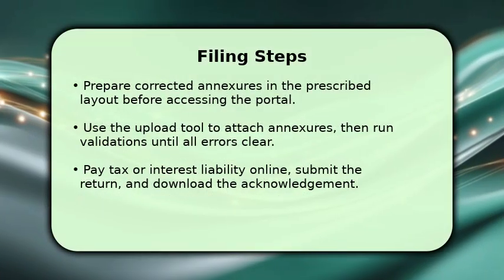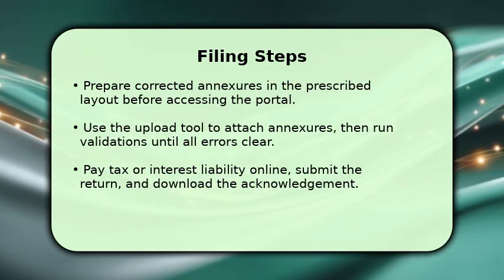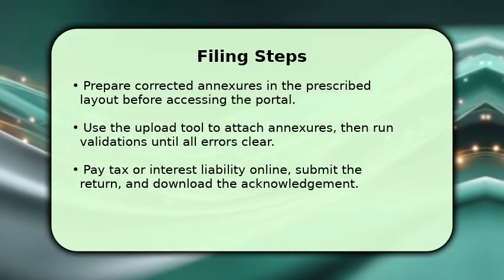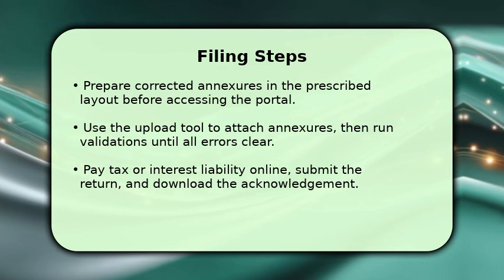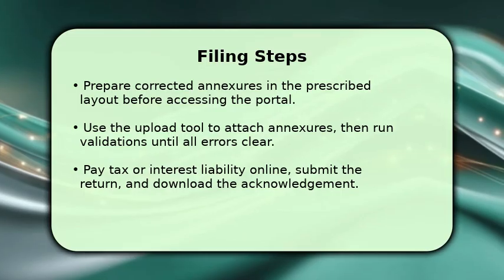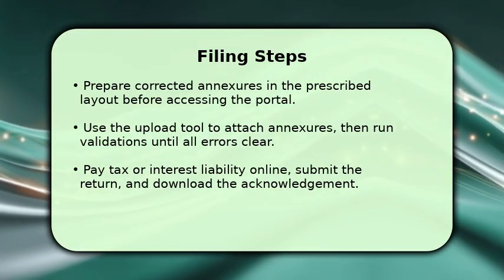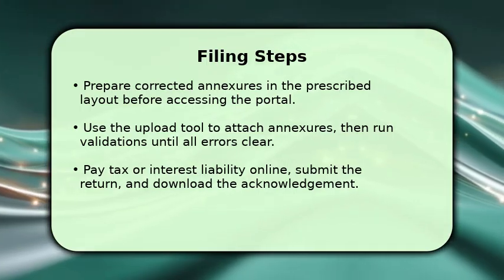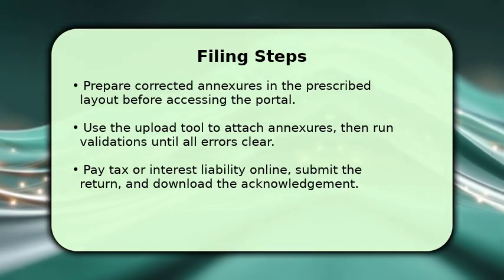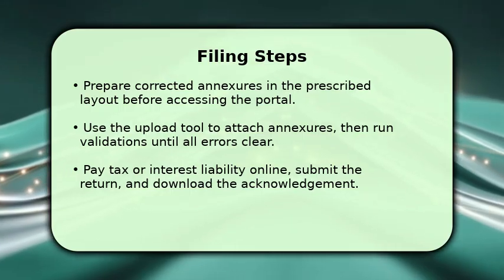Begin by preparing corrected annexures offline and confirming totals match your ledgers. Log into the TDS portal, select the revised Form 26Q, and upload the annexures using the specified template. Run the portal's validation routine and address each flagged issue until validation shows no errors. Make any required tax or interest payment online, submit the revised return, and download the digital acknowledgement for your files